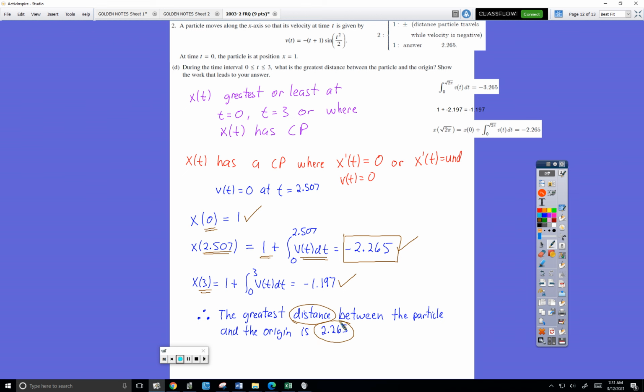The way this one was scored is if you have the correct answer, you get 1 point there. And the other one they would be looking for are these integrals. Usually they give a point for this information. They did not